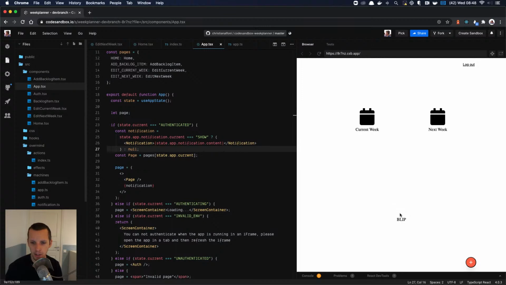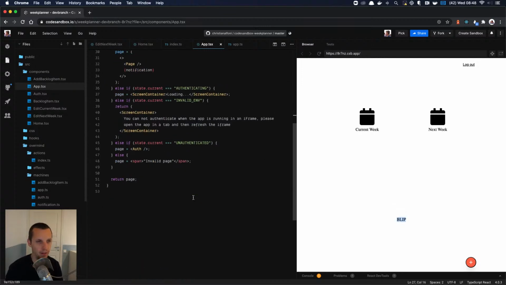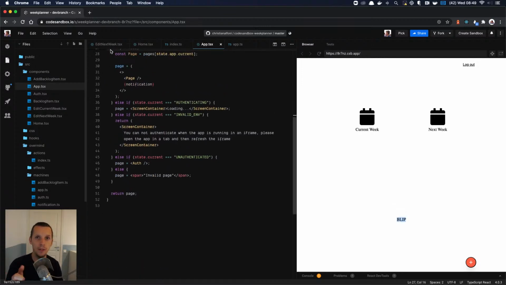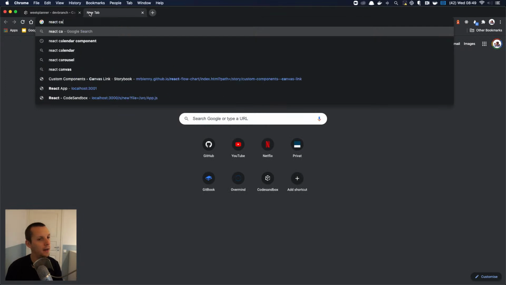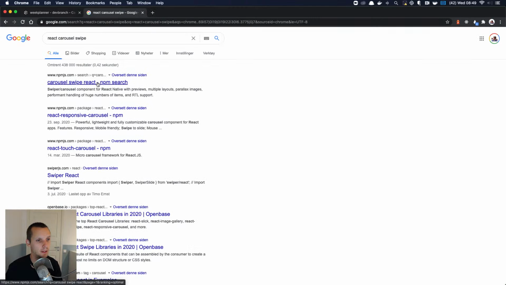Great. And now we need the blip component. And that should actually be this swiping thing. So swiping container. React carousel, swiper, React responsive, React touch carousel.